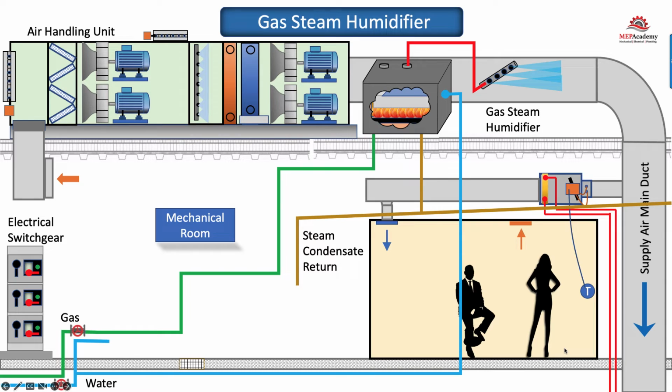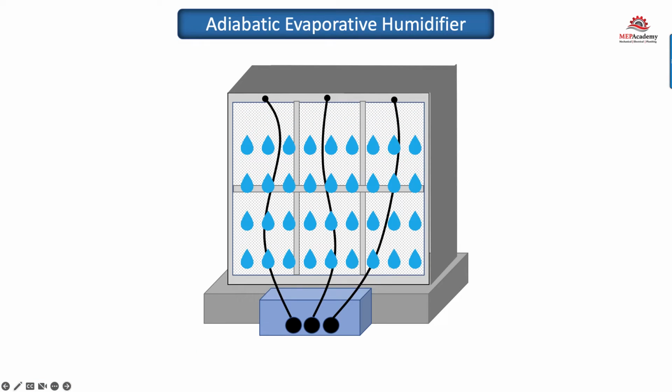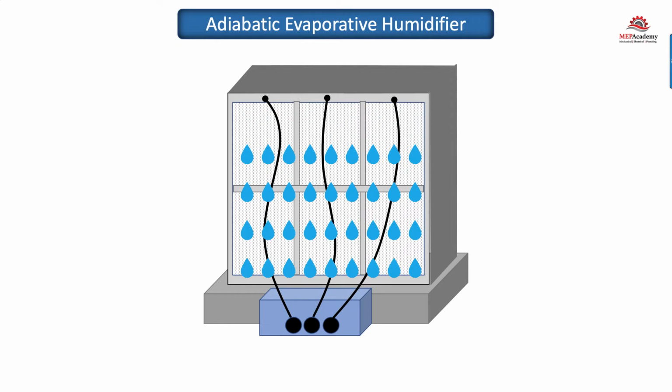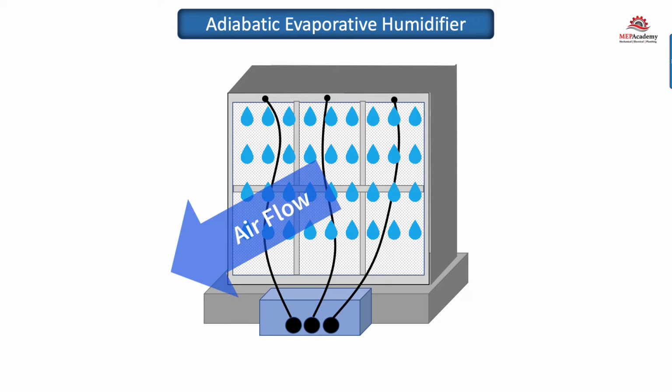We'll need a small electrical circuit for the control of the humidifier. Next, we'll need to extend the drain line to the approved waste receptor, as we have removed the condensate receiver from the previous option. If the gas humidifier is installed indoors, you'll need to run a combustion vent to the outside. Another option is to use an evaporative humidifier that can be installed in an air handler or in supply